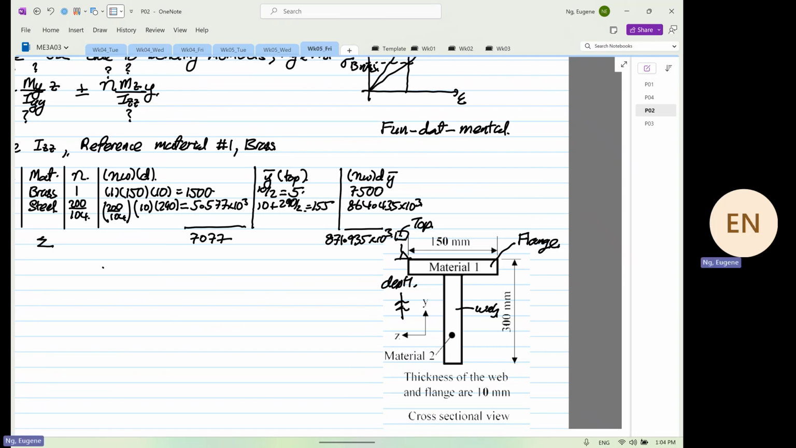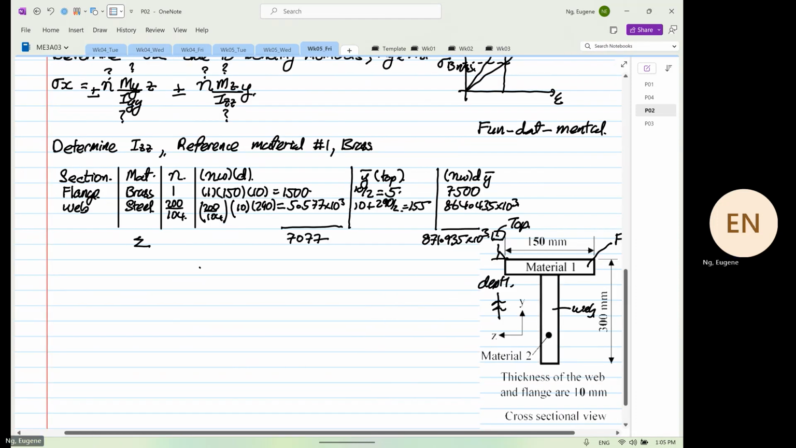Okay, so let me do it again. 5.577. 155 times 5.577 to the power 3, plus 435 times 861.435 to the power 3, plus 7500.935. Okay, so from here, we know that our Y bar will be equal to